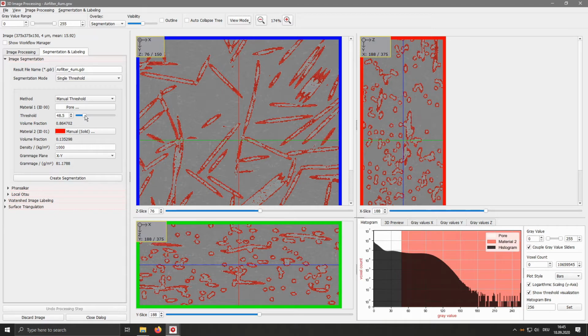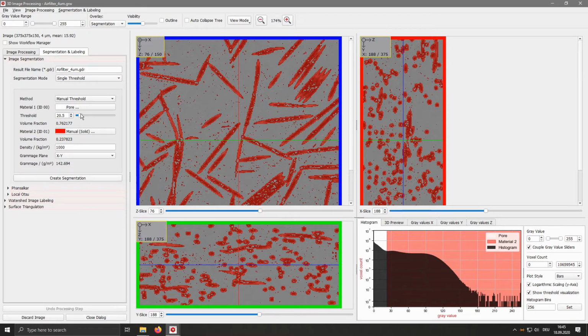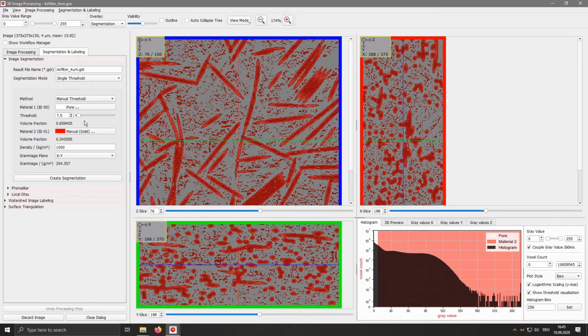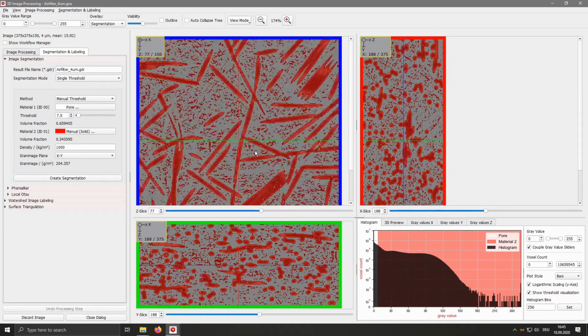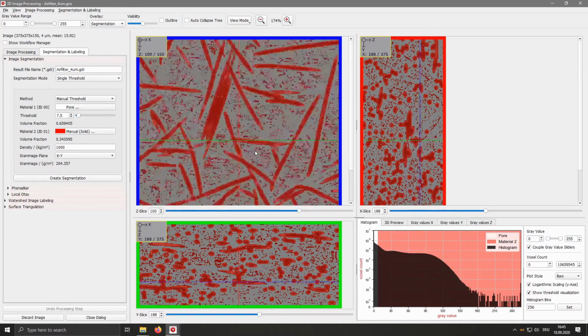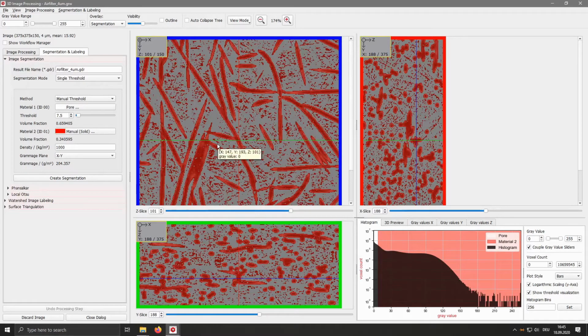If I go lower into the area where the inner part gets filled, we start to get a lot of noise in the pore space. So this is really unpleasant, and we want to avoid this effect.